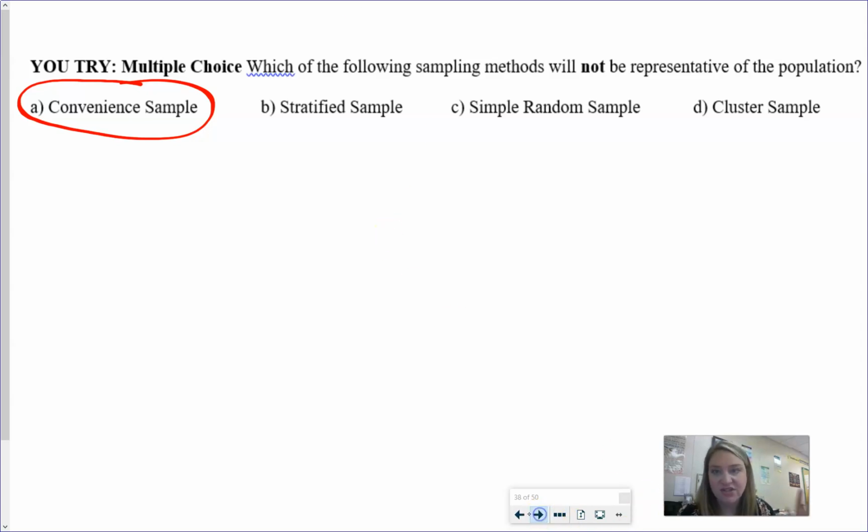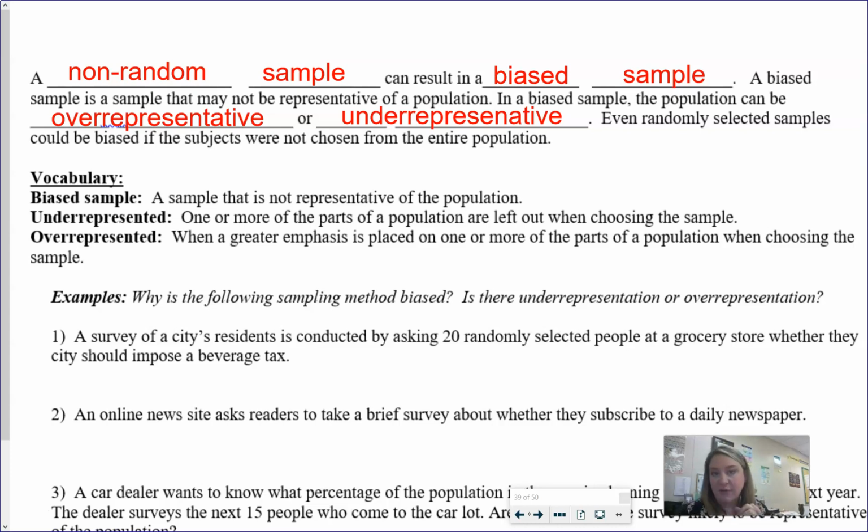More reasons to not pick things. A non-random sample can always result in a biased sample if there is overrepresentation or underrepresentation, okay? So sometimes even randomly selected samples could be biased if they were not chosen from the entire population. So we got to watch out, okay? So bias is a sample that's not going to represent everything. Underrepresentation is when one or more of the parts of the population are left out. And then over is when there's a greater emphasis placed on one or more of the parts being surveyed. Okay? So number one,